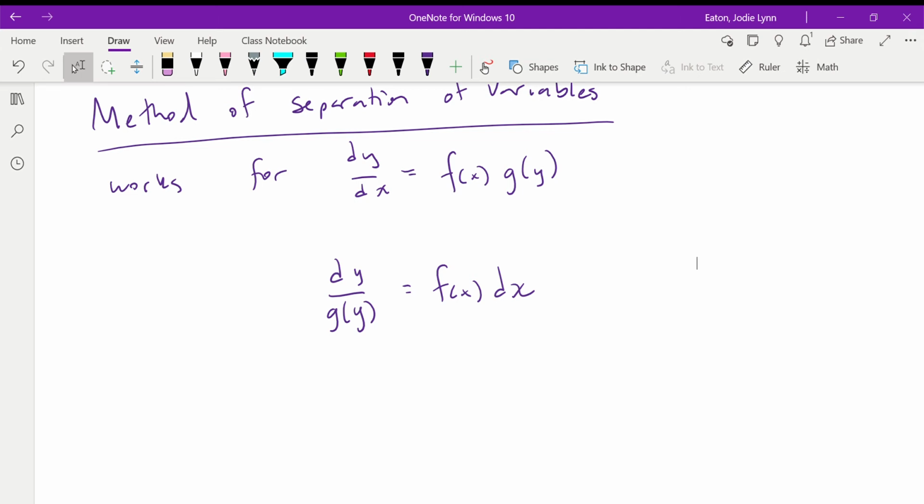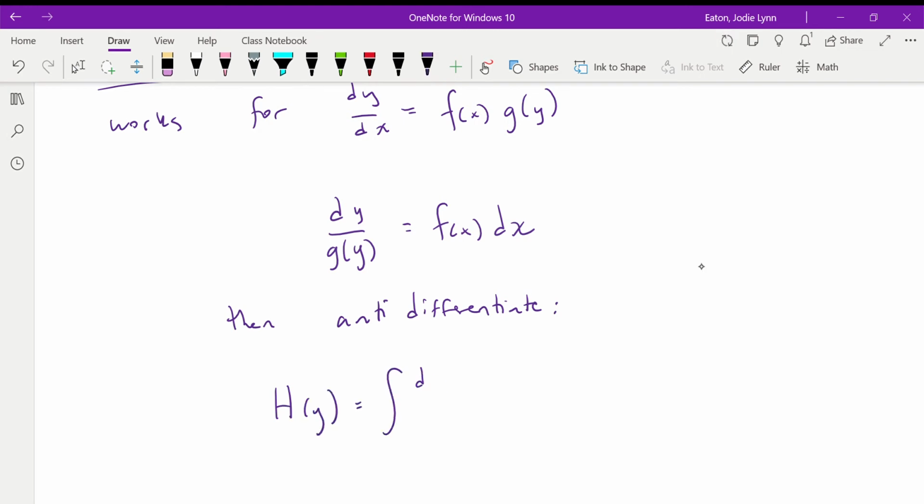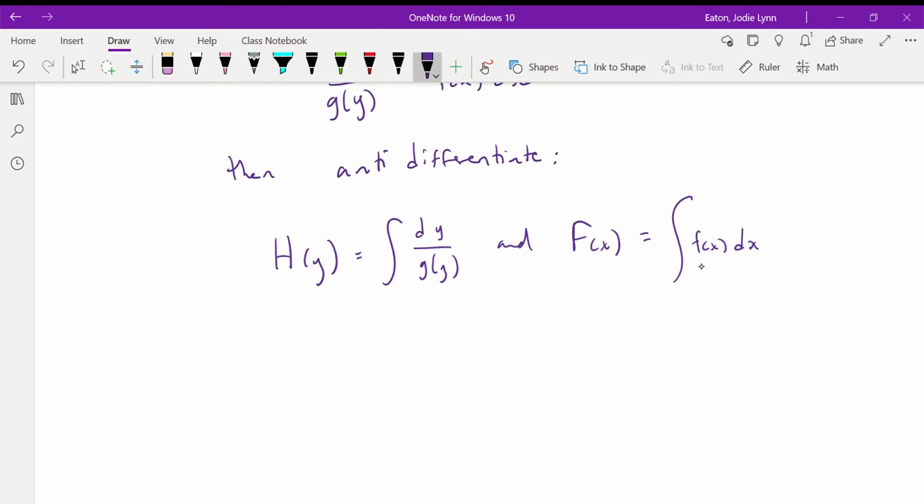Continuing, once we have it in this form where we've separated the variables, we are going to anti-differentiate. So we have h of y equals the integral dy over g of y, and f of x equals the integral of f of x dx. Okay? And so what you're going to end up with here is that h of y equals f of x